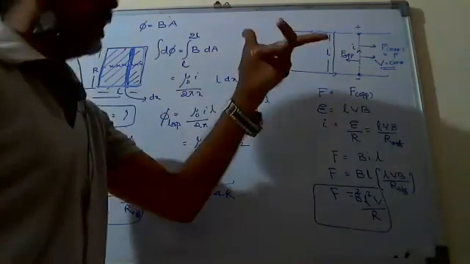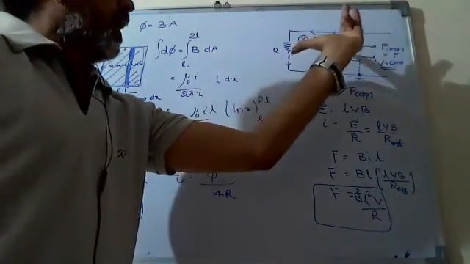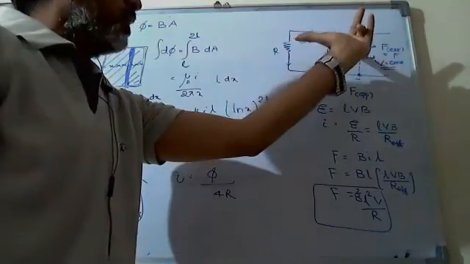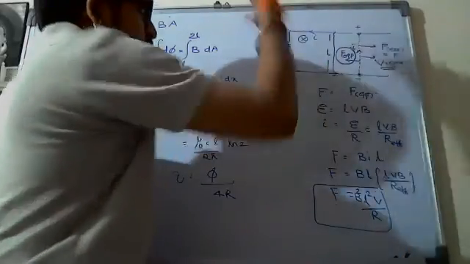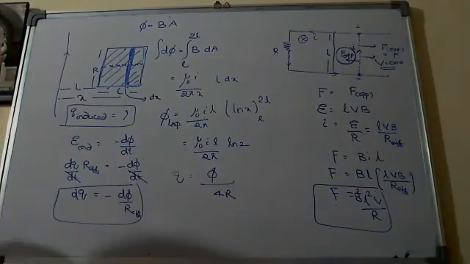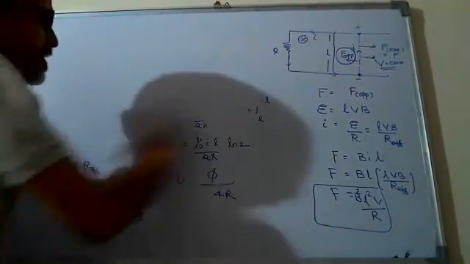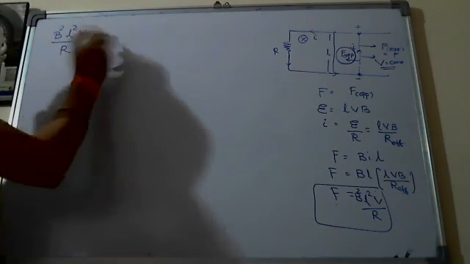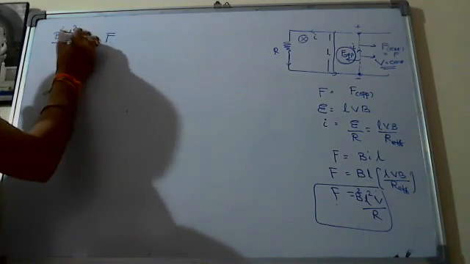Force on a current carrying conductor means you have to use the left hand rule. So current is flowing upwards and B is into the page as usual. If you see, my thumb is leftwards, Nana, showing the leftward direction. Leftward means this force, what I calculated, is the opposing force. So that opposing force here in this case is equal to the applied force. So straight away the answer is over. B square L square V by R effective is equal to the applied force. Therefore, what he is asking, what is the terminal velocity?